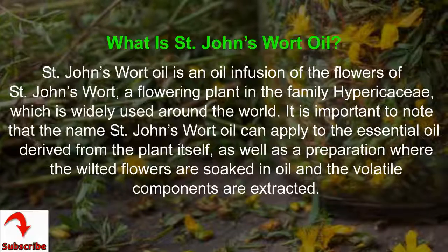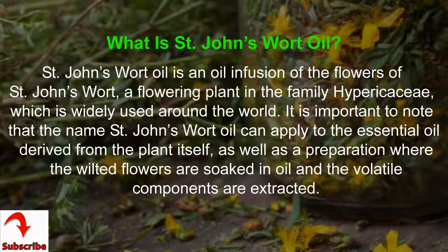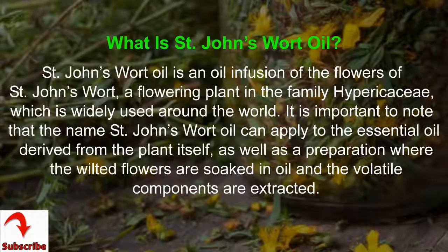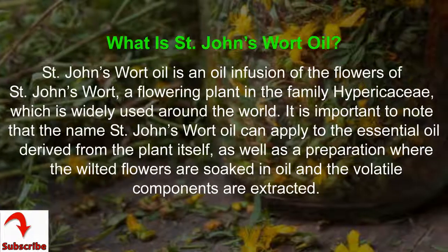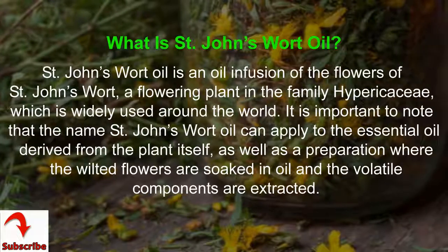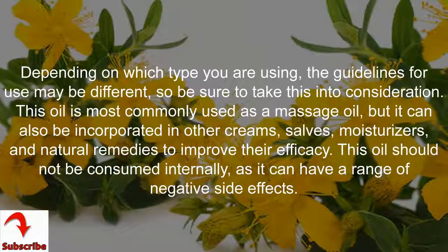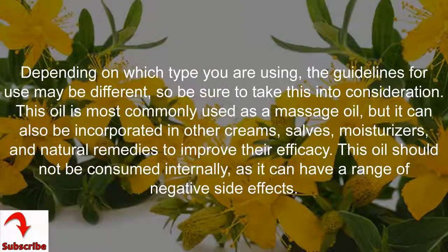John's wort, a flowering plant in the family Hypericaceae, which is widely used around the world. It is important to note that the name St. John's wort oil can apply to the essential oil derived from the plant itself, as well as a preparation where the wilted flowers are soaked in oil and the volatile components are extracted. Depending on which type you are using, the guidelines for use may be different, so be sure to take this